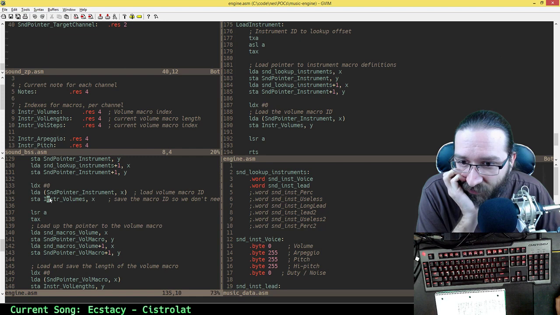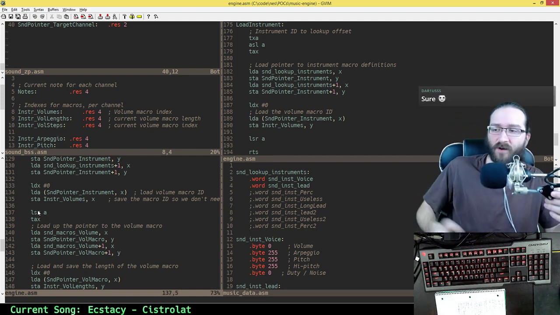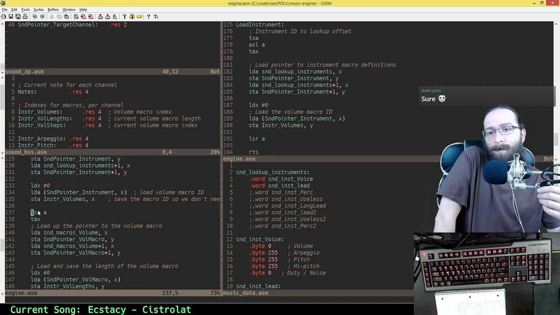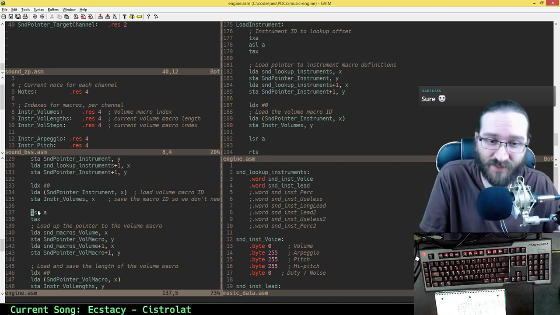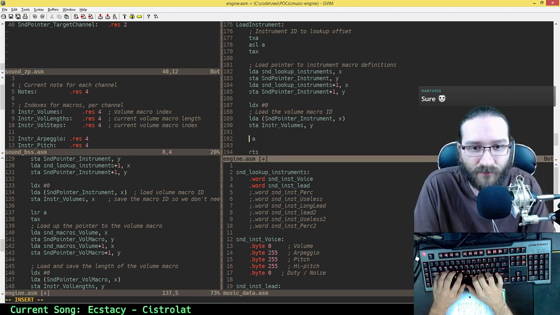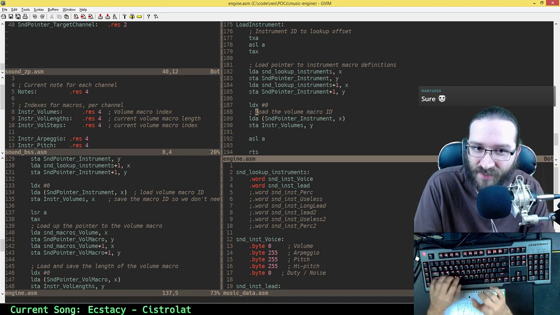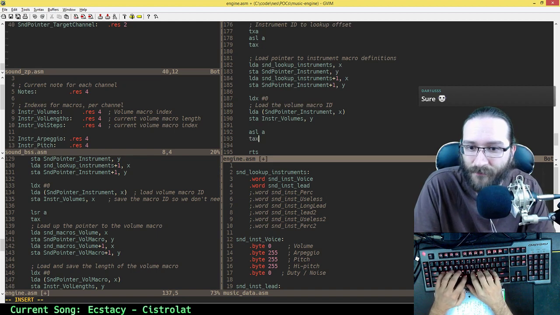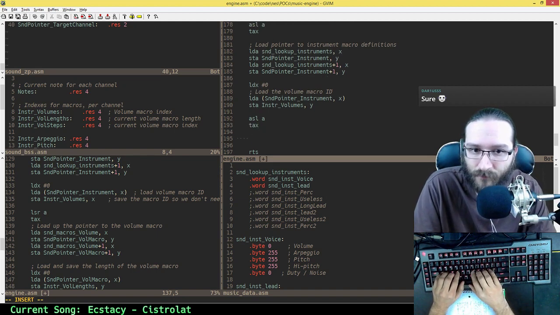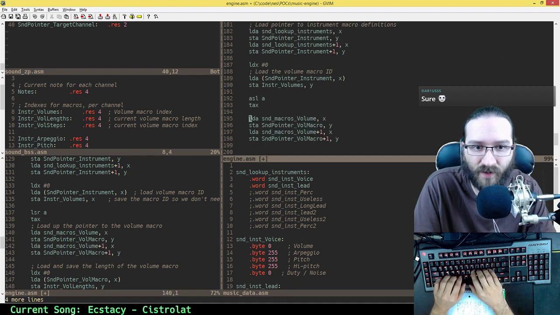Macro ID. Well, divide the macro ID by 2. Why do we divide the macro ID by 2? So maybe that didn't break because everything was 0 already. That's probably what happened, because it was 0 already, so it didn't break. So that needs to be LSR, or the ASL. Because it's an ID. It's not an offset. It's an ID. Right. We're gonna take this, put it over there,